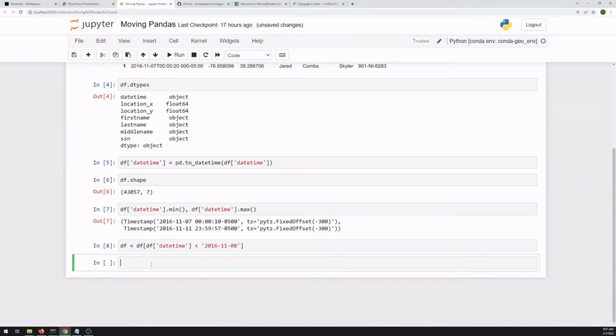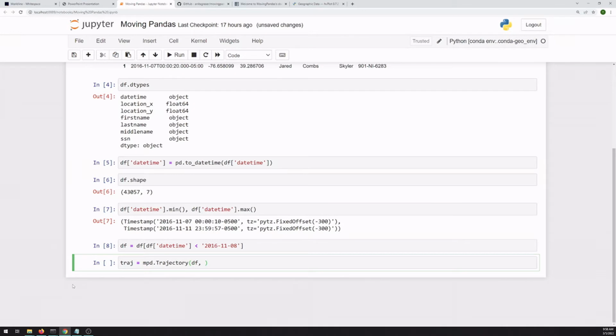All right, and then right off the bat, we can create a Moving Pandas trajectory. So the format that Moving Pandas likes to have data come in as has the date time as the index, and then an actual coordinate column. So it's sort of expecting a time series of a geodata frame, but it doesn't require that. You can actually tell it what the datetime column is and what the coordinate column is, and it will turn it into the format that it works with. So if we call the trajectory class,